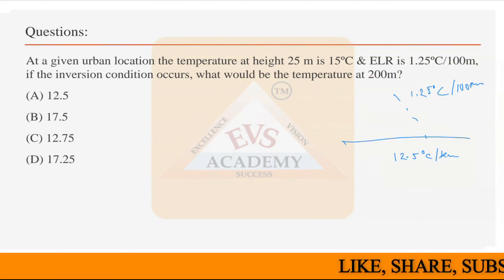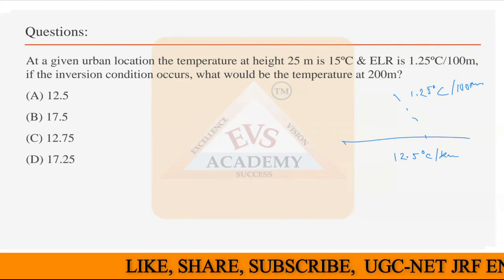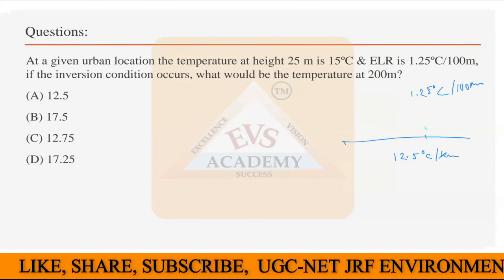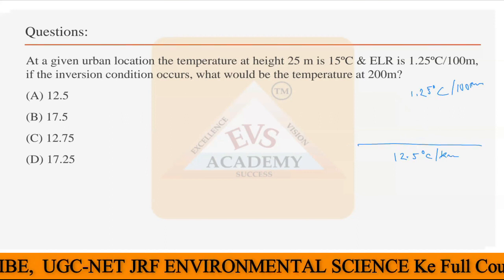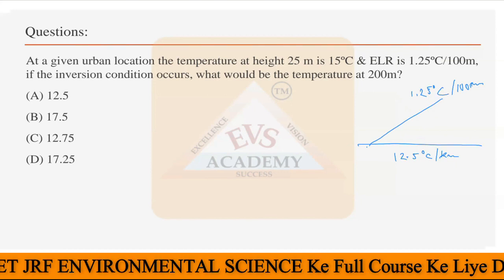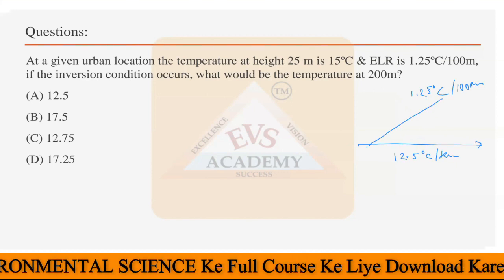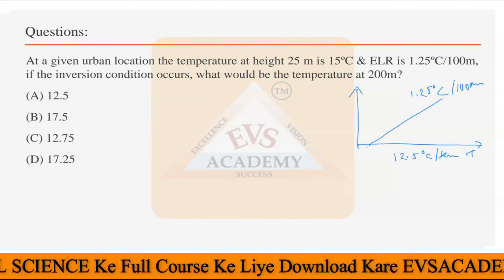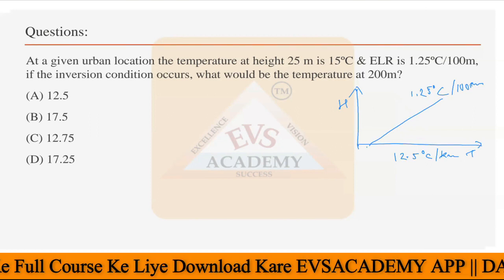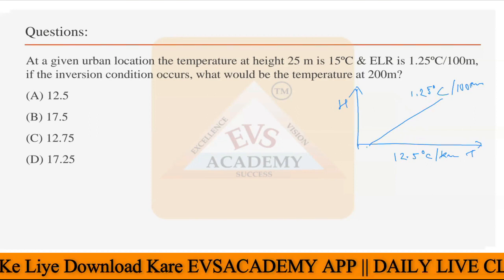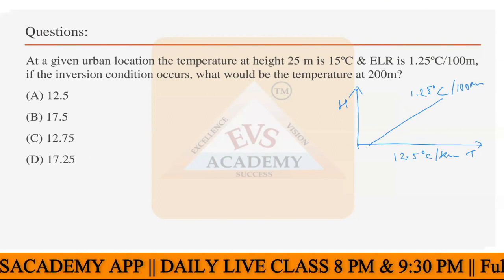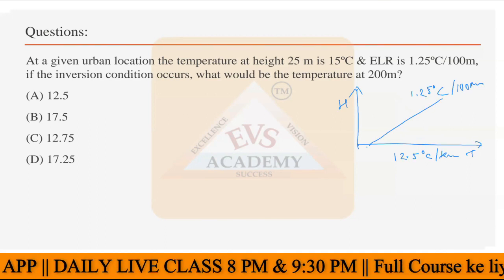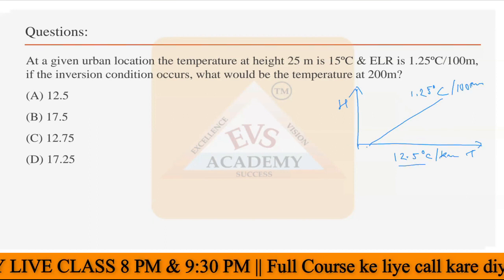If inversion condition occurs, it means this is not decreasing. The temperature is increasing here by 12.5 degrees Celsius per kilometer. The temperature is increasing here. This side is your temperature. This side is your height. What would be the temperature at 200 meter? So at 200 meter, definitely there would be more temperature than the 12.5 degrees Celsius, because